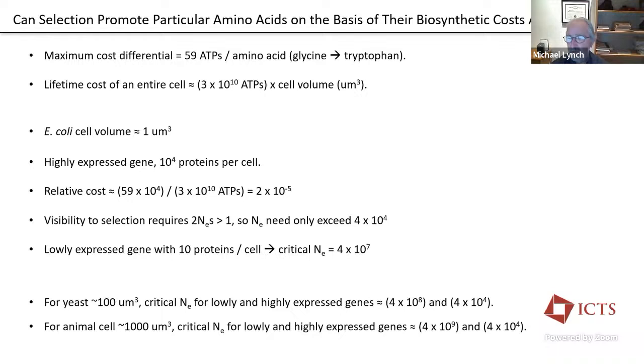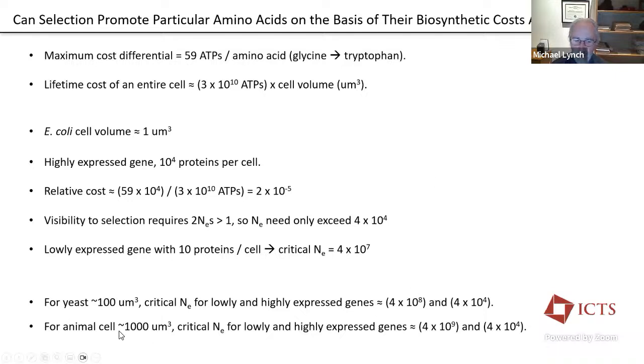And yeast have an effective size somewhere around 10 to the 7th or so. So this is telling us that for highly expressed genes, there could be selection for differential amino acid utilization in yeast, but not for lowly expressed genes. The penalty you would be feeling would just not be as great because you're just not harboring as many proteins with those alternative amino acids.